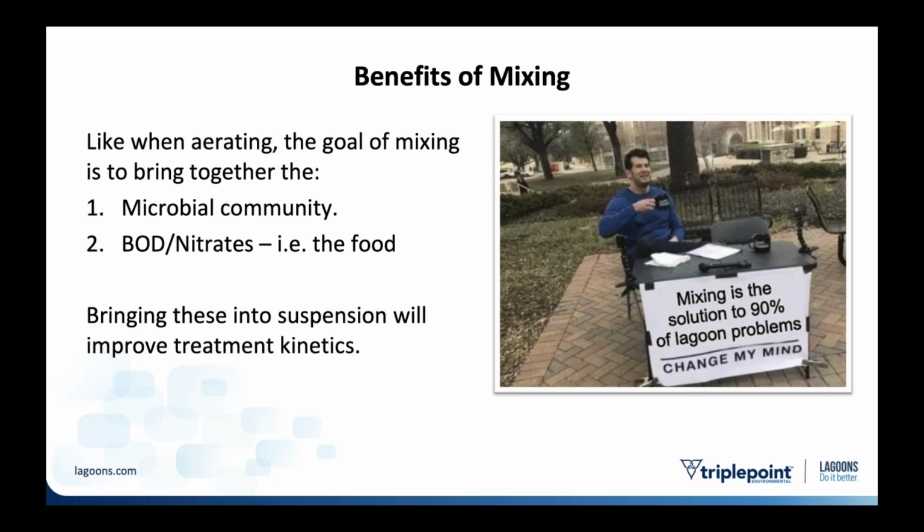But I like this, this guy changed my mind. Mixing is the solution to 90% of lagoon problems. Changed my mind, and I believe this is true. 14 years of doing this. Usually if you can get good mixing, you can get the bugs, you can get the food, and if you're aerating, you get the oxygen